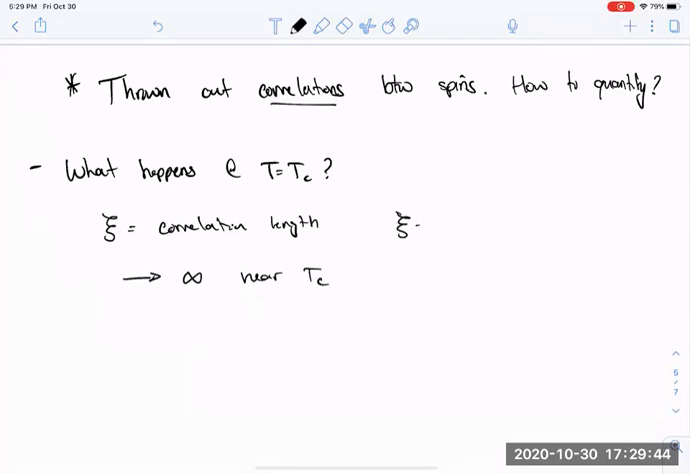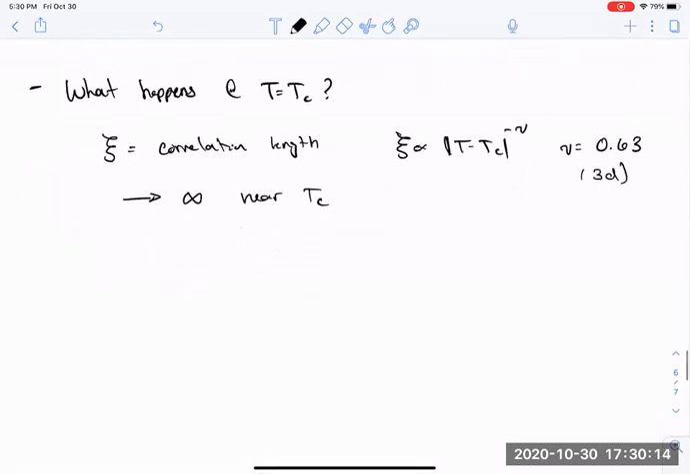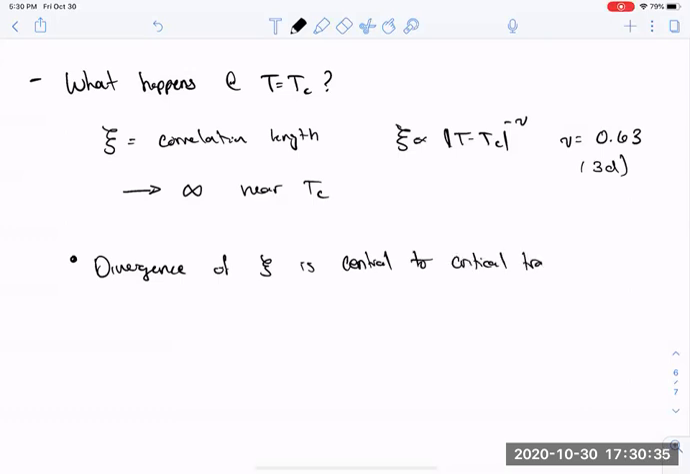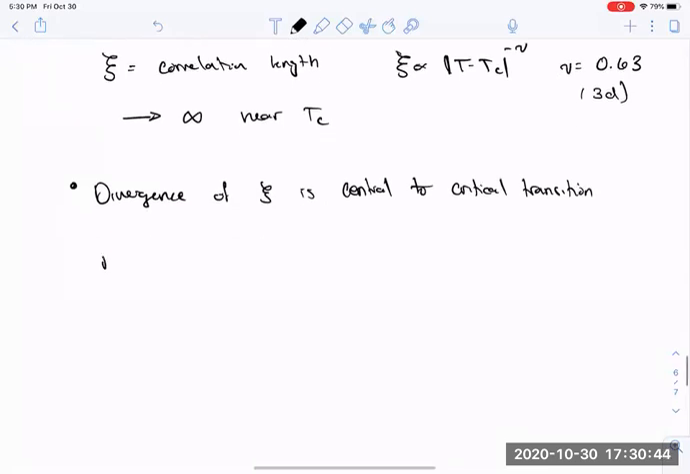In fact, one could measure the correlation length and note that it diverges in a very particular way. It diverges as a power law of T relative to Tc with some other critical exponent nu, which in 3 dimensions turns out to be 0.63. We have discussed at the beginning that the divergence of this correlation length is really central to a phase transition. A way to remember exactly how that works is to remind ourselves